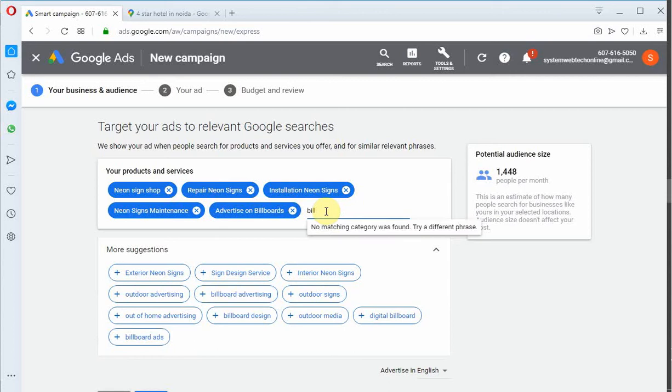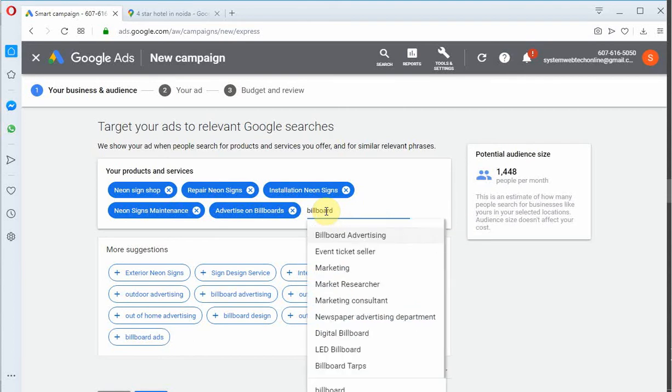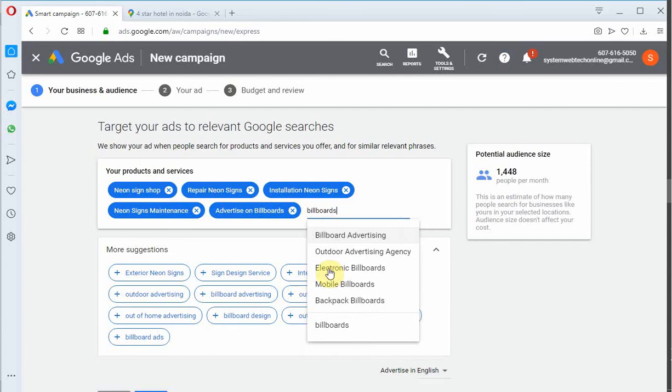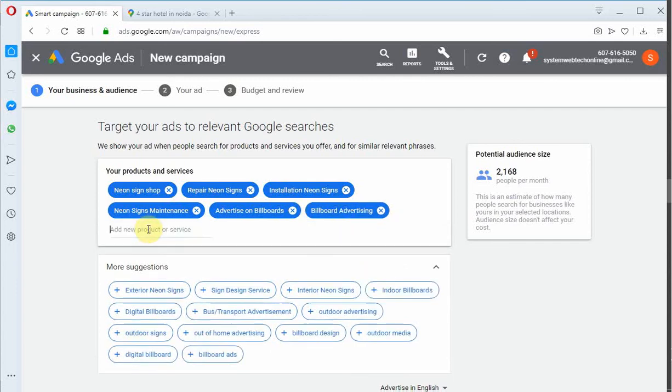Let it take billboards if it is applicable. We are taking some keywords, it is already suggesting us.